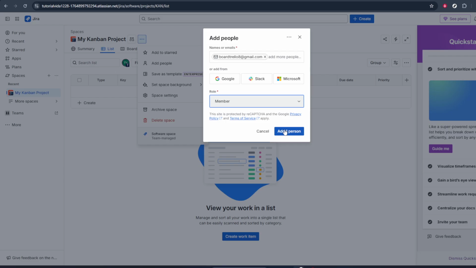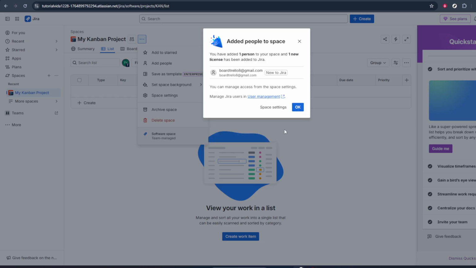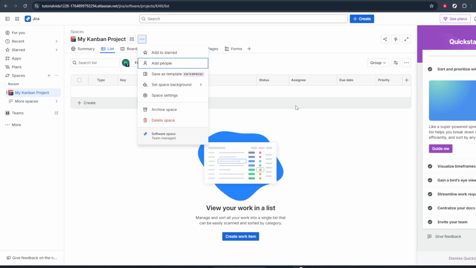cause it to fail. After entering the email, review any visible role or permission settings if they appear, and make sure everything looks correct. When you're ready, click the Add button. Jira will then process the invitation and, if needed, send an email to that user so they can join. Once that's done, they'll be added to your project and can start working